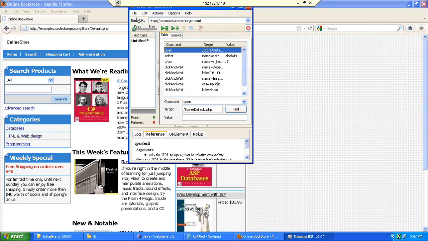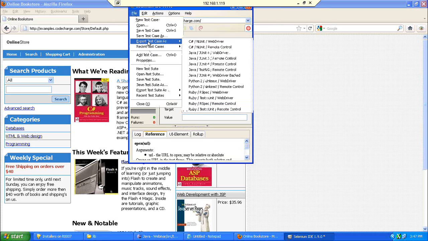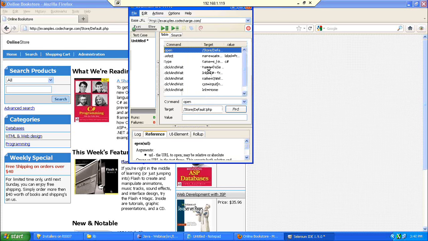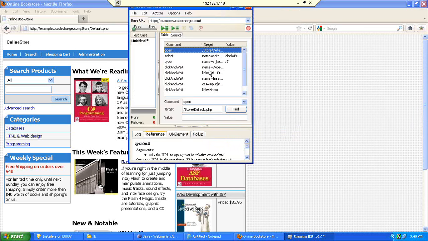See how to do that. File, export test case as JUnit remote control. Sorry, testng remote control. We are using the testng framework. So I'm going to say Java testng remote control. And then I'm going to say test1.java.